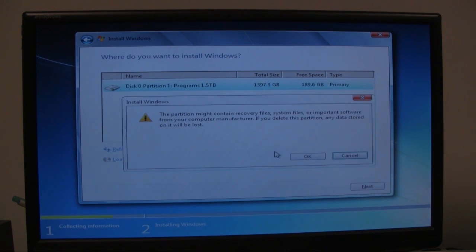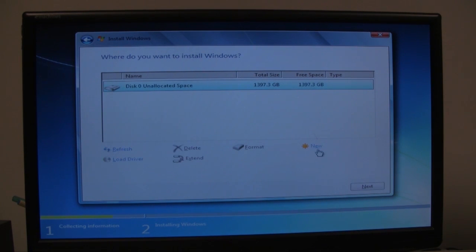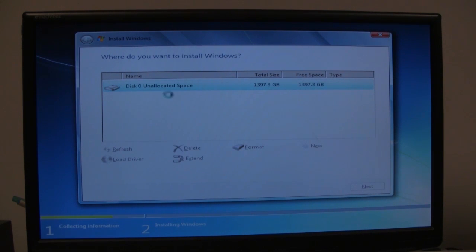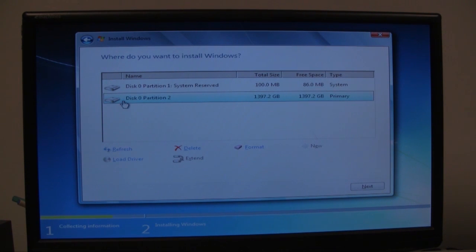So press on delete, OK, then I'll click on new, then we'll use the full size of the hard drive, click on apply, then we'll click on OK, and it creates a system reserve. This is basically the boot partition here. Don't touch any of that, just leave that alone. Just let this be highlighted on the partition 2, which is mainly the bulk of your hard drive space, and